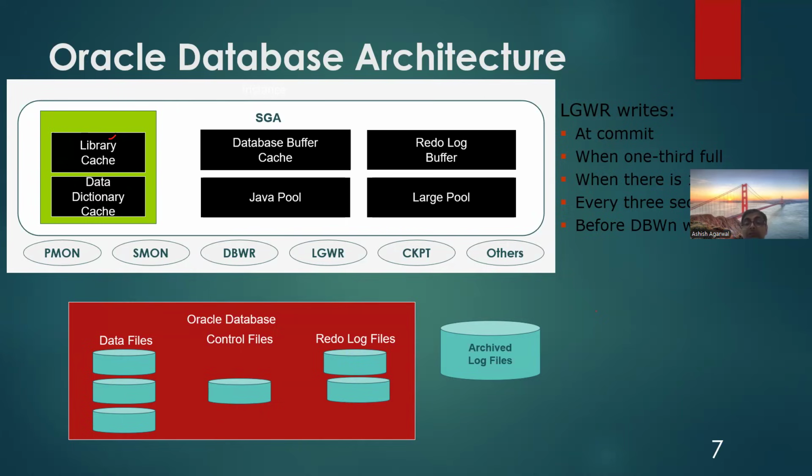Now, how do redo log files contain the change? How do the redo log files get the data? So how do they get the data from these components? I'll give you a simple scenario here. So there is a dirty buffer. Say for example, the data is present in the data file. You already have some data in the data file.